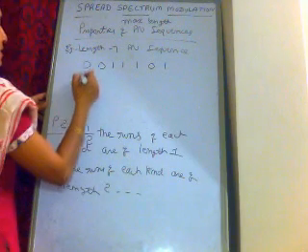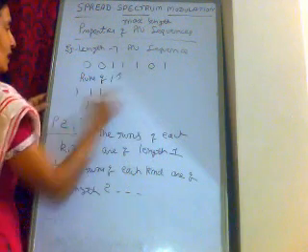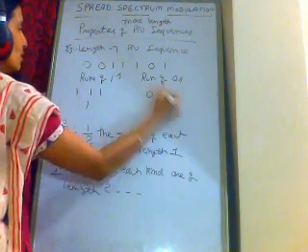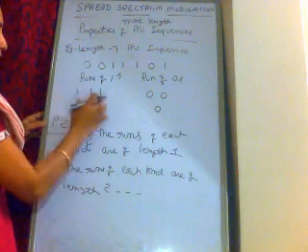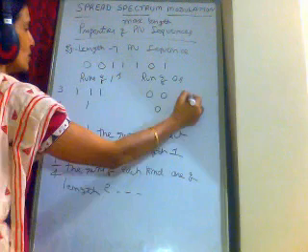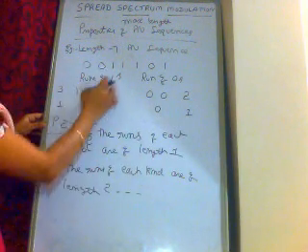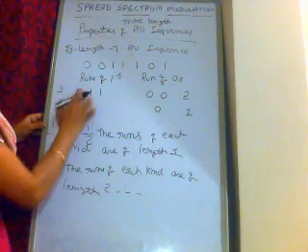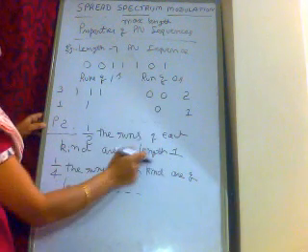we have runs of ones: 1 1 1 is the first run and a single one is the second run of ones. Similarly, runs of zeros: 2 zeros is the first run, and the second run is a single zero. So this has 3 ones, this has a single one, this has 2 zeros, this has a single zero. So half the runs of each kind: there were 2 runs of ones, so half of 2 is equal to 1. So 1 run of ones and 1 run of zeros are both of length 1.